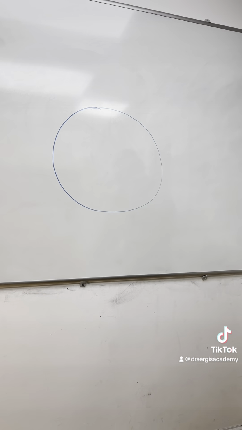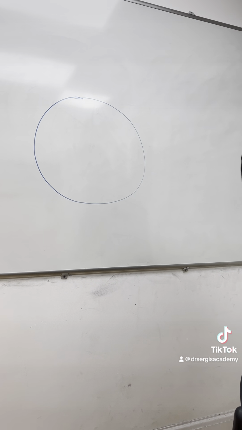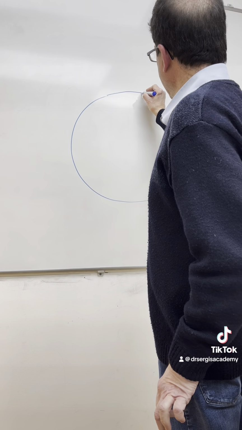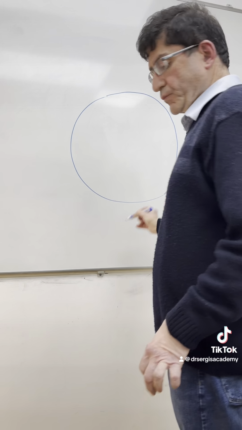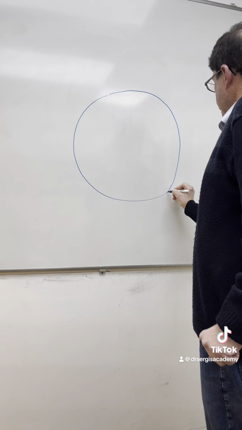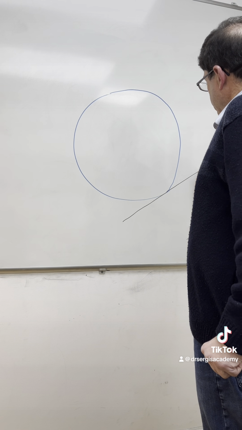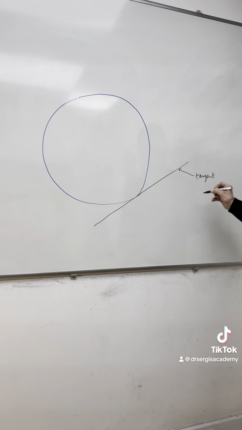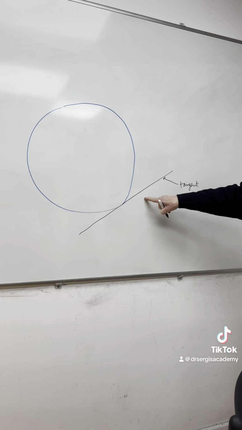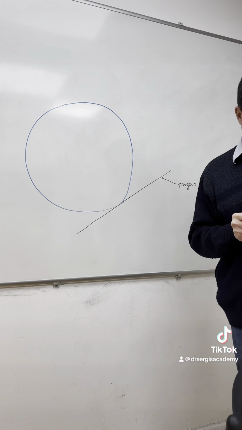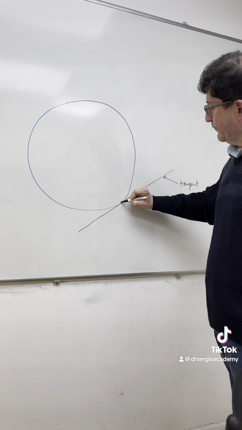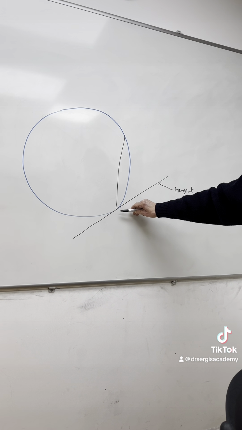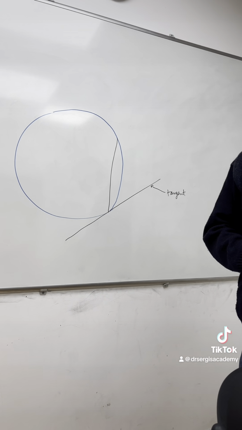okay, and we draw a tangent, that is a line that touches the circle. Okay, so a line that touches the circle is a tangent, and it touches the circle at only one point because the line has no thickness, so it's only one dimension. Now if we draw a chord, so that is a line from the point at which the tangent touches the circle to the circumference, let's call